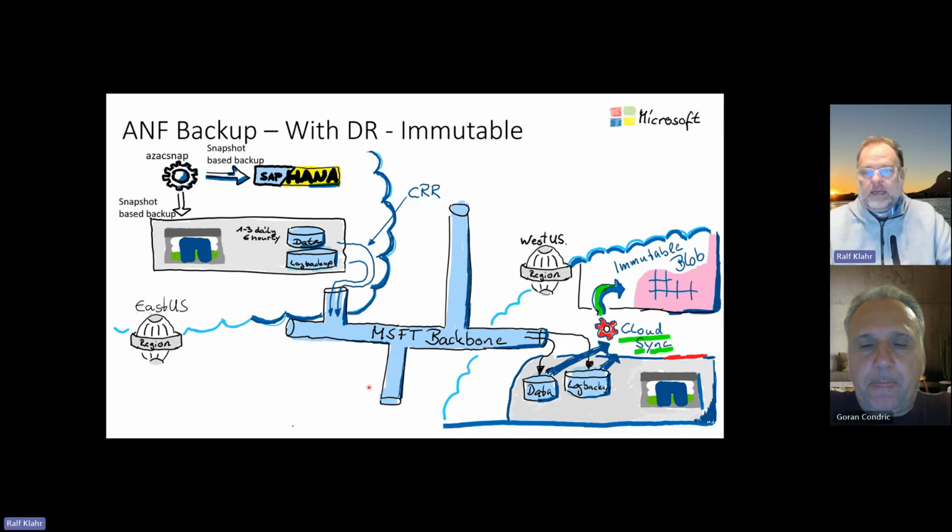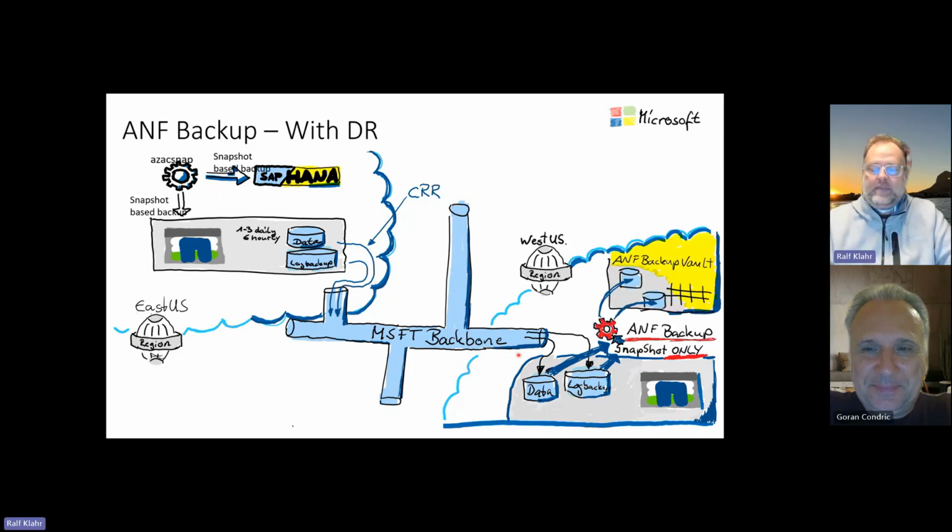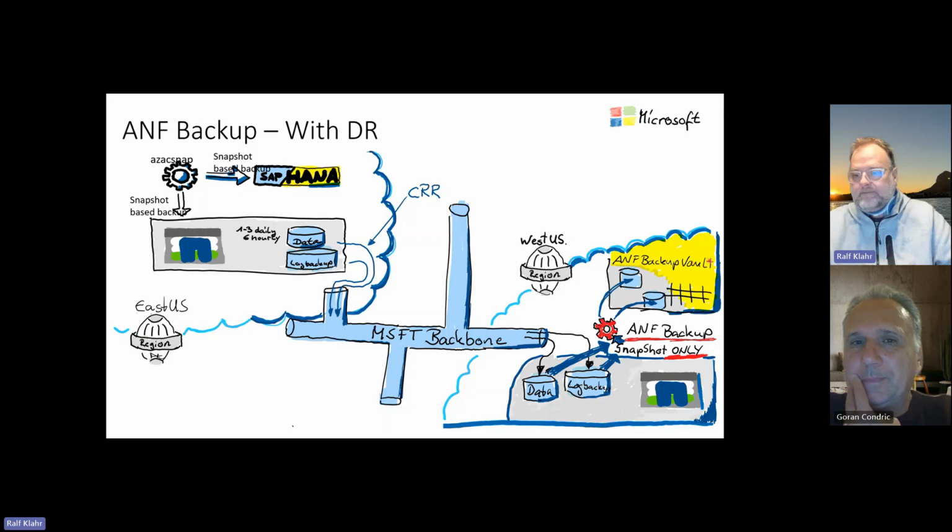So when we look a little bit further in the future, unfortunately, the ANF team took an important feature away from me. Coming back to the ANF backup, because that scenario before was without ANF backup, we are waiting. I don't know if I'm allowed to say this here, but the future will look like this: that instead of using CloudSync for the data volume, I would here leverage ANF backup. And those backups get then stored in the ANF backup vault.